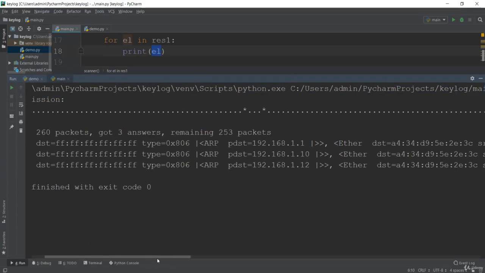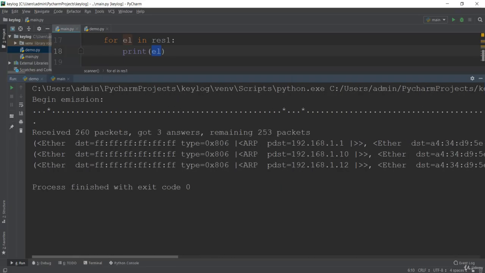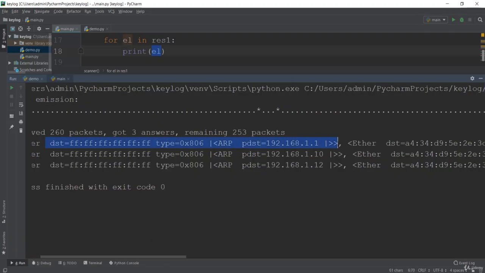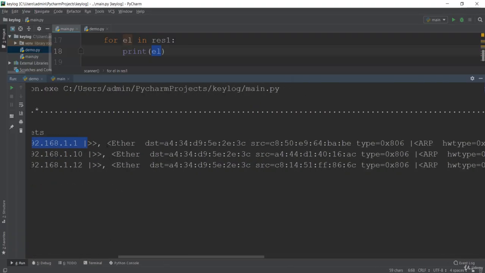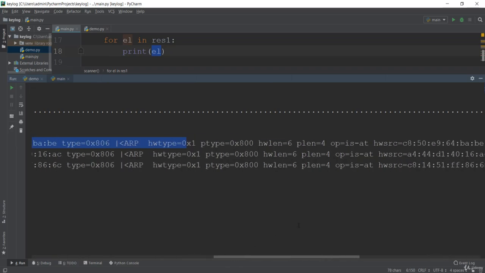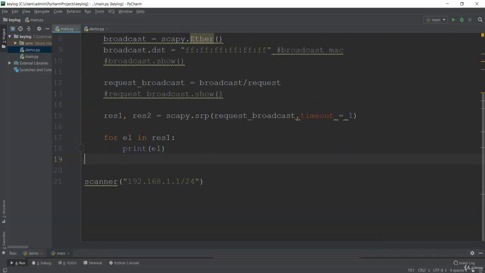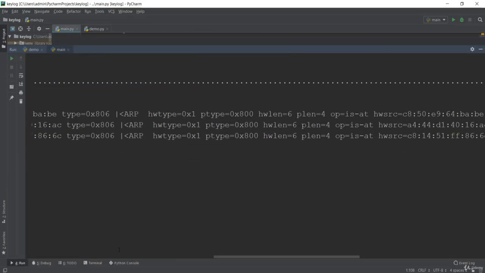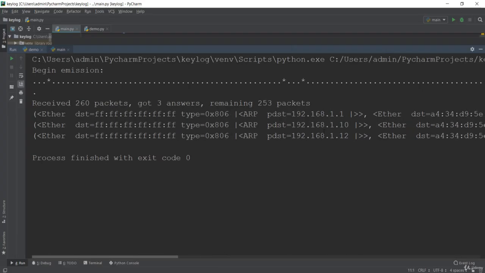It is giving us the result in the form of a list containing two parts. So let me show you here. This contains two parts. So this is one part, and the next part here is this part. So you can clearly see the next part is this long part. If you check the documentation of Scapy, they have written that the first part, which we have seen right here, so you can see there are two parts. You can just distinguish this with the comma, so there is a comma in between them. So the first part here is the input part, or basically this is the request part, and the next part over here is the response part.